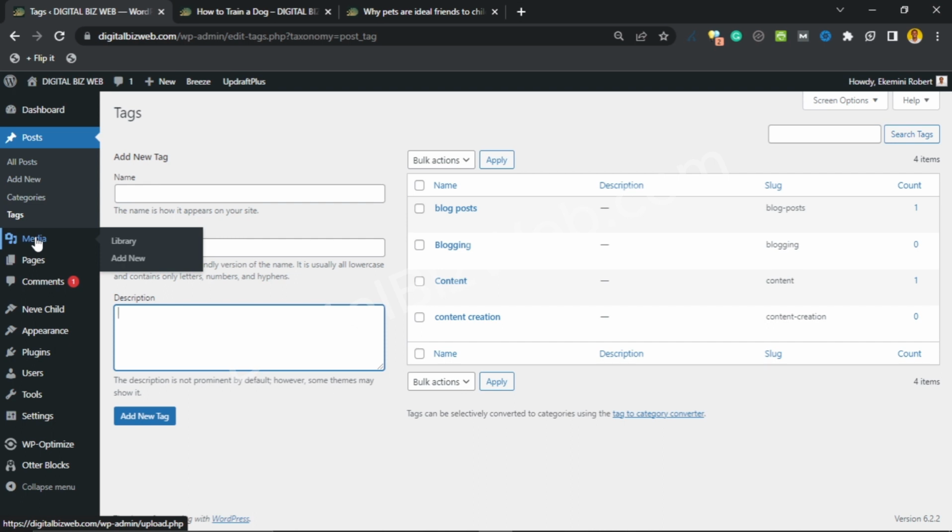People just decide to upload images directly into their articles. Not just images, you can add PDFs, you can add audio files, you can also embed videos. So most times I just upload images directly to my WordPress